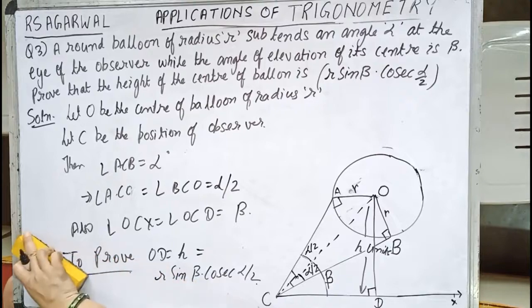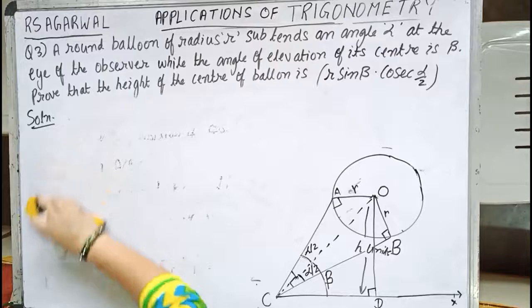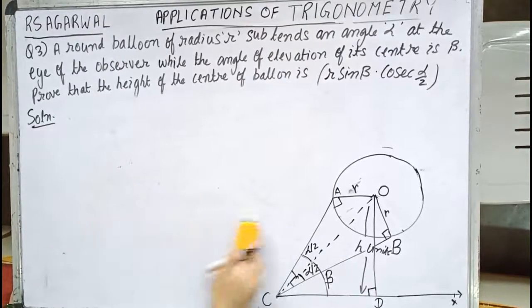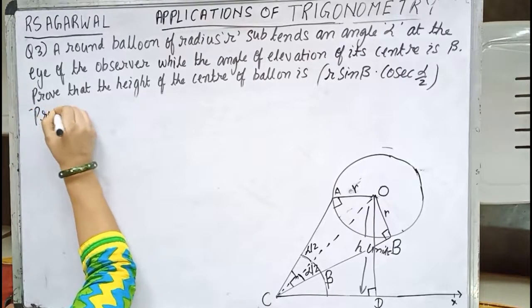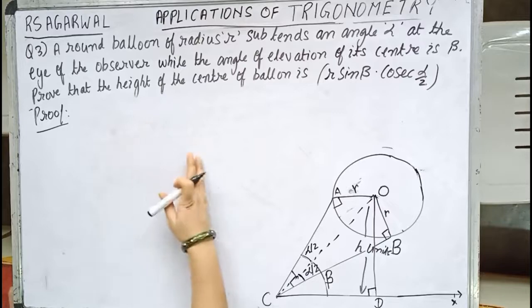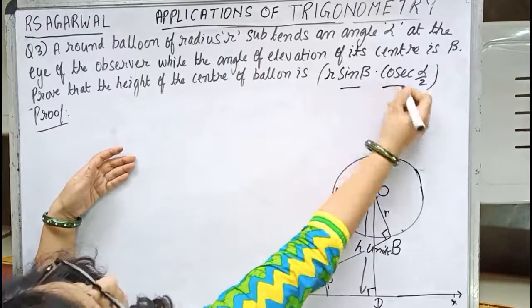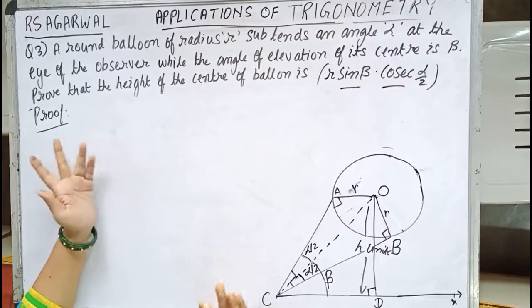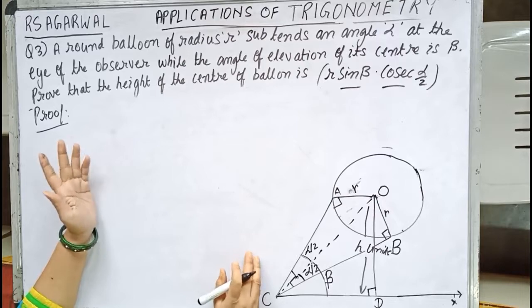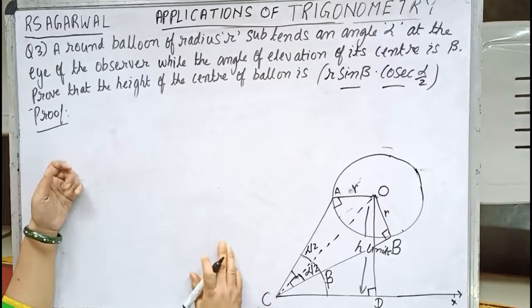So I am starting the solution now. Proof. Take care whenever such a question comes. Don't think how to do, what to do. See what ratio is given over here. Find in which triangle that ratio is valid. From that triangle you find the value of those ratios. You will definitely get the required proving part.